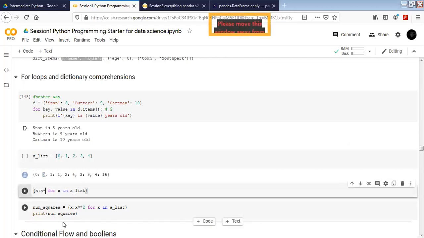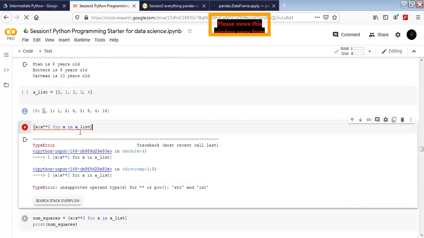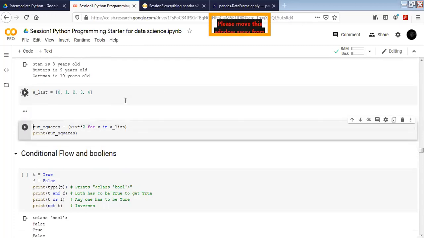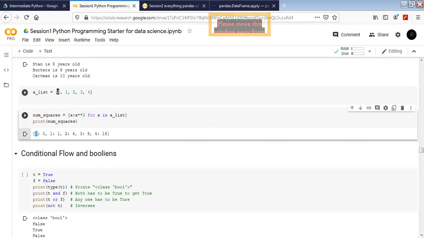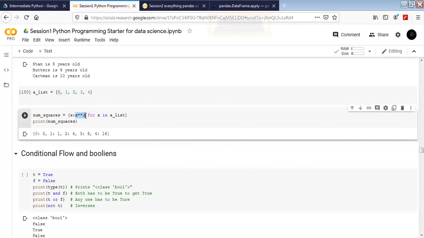So I'm going to do the square of x, and if I run this, it's going to convert into a dictionary which returns the key which is 0 and the value which has been converted into the x square.